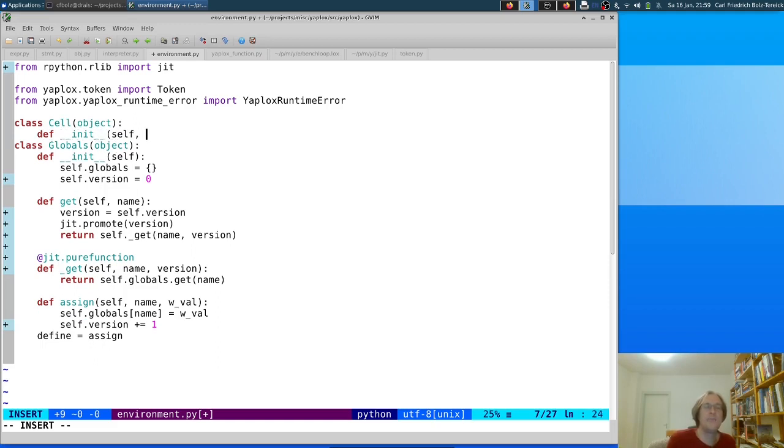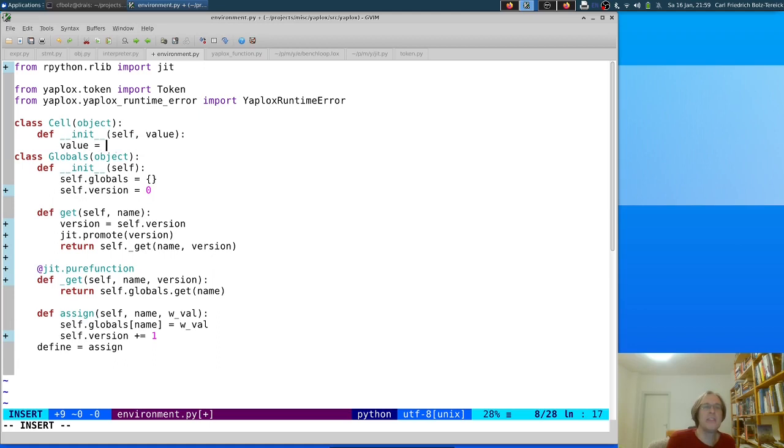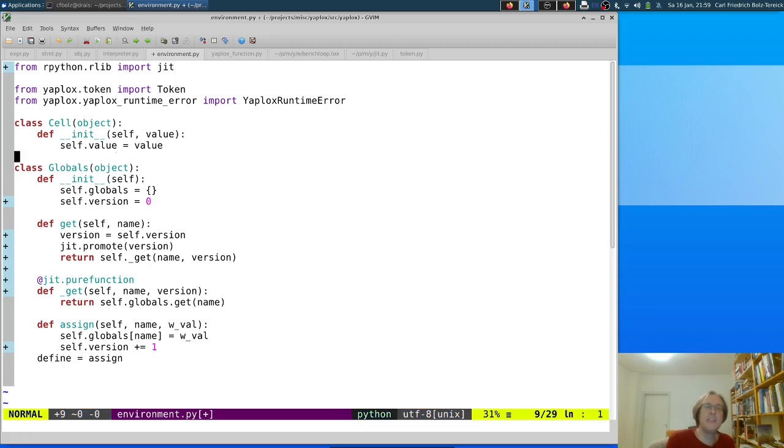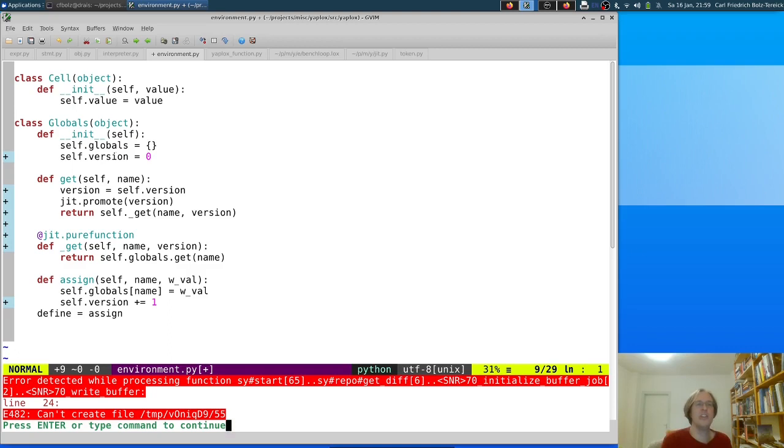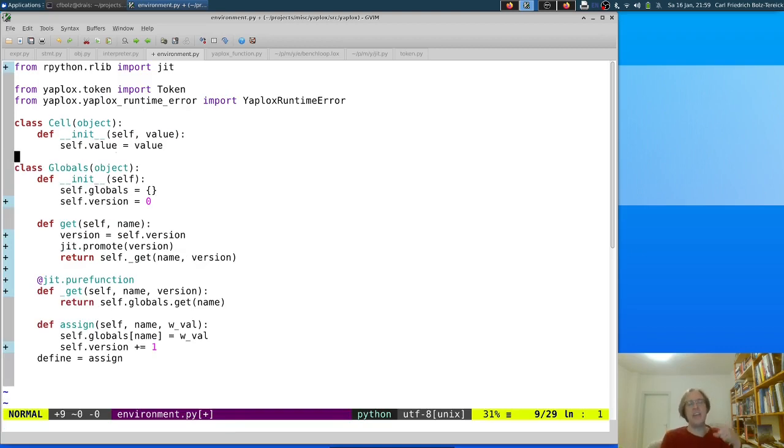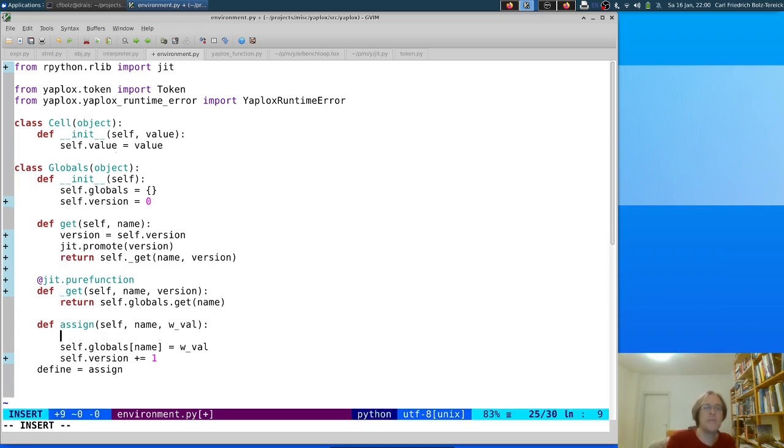We use a cell value, and so the idea of that is if we add a new name to the globals, then we version it. And if we mutate a name, then we update the version and introduce a cell, which is a level of indirection. And then the next time we change that global, we will change the cell, but the dictionary will remain the same. And so on assignment, we need to write a little bit more code. We need to say if